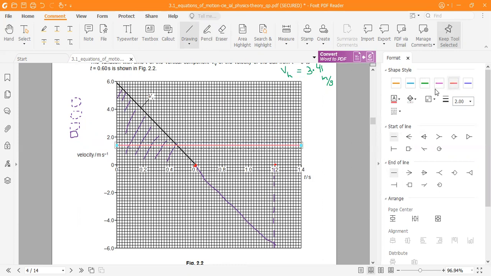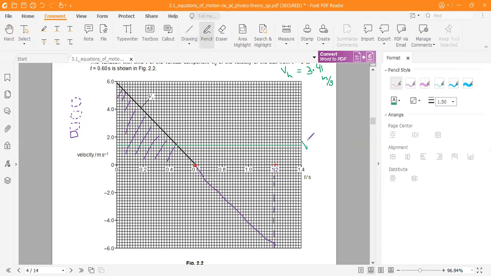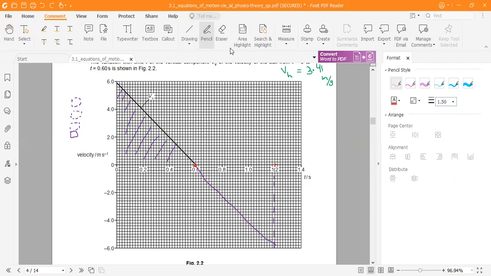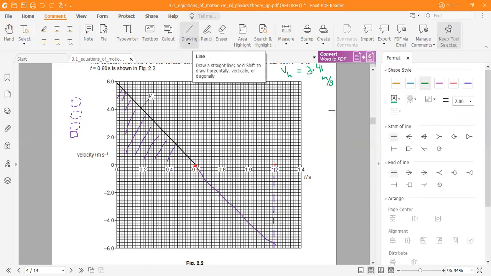Let me see if I can make it more visible. Okay, this seems clear. And this is, let me make it green. If you can see the green line, this is the graph of VH. We have labeled it and we have drawn it. Wait, sorry, I made a mistake. 3.4 is actually not this point. 3.4 will lie over.